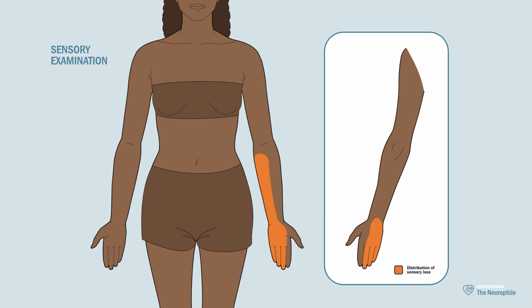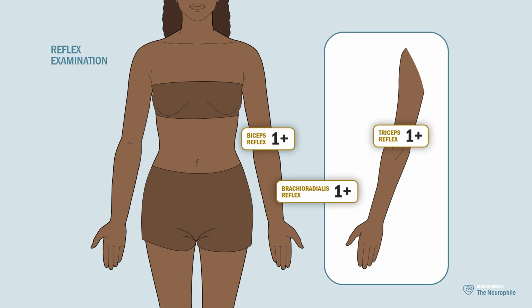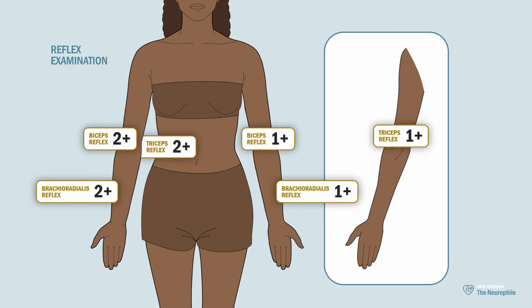Sensation was diminished to pinprick over the left medial forearm, predominantly medial palm, and medial dorsum of the left hand. Reflexes were 1+ on the left biceps, triceps, and brachioradialis, and 2+ in the right arm and throughout the rest